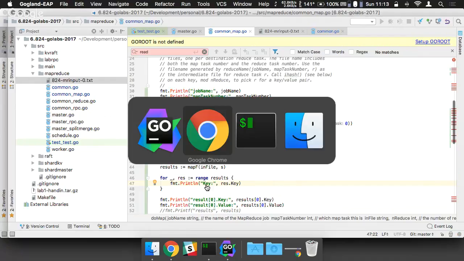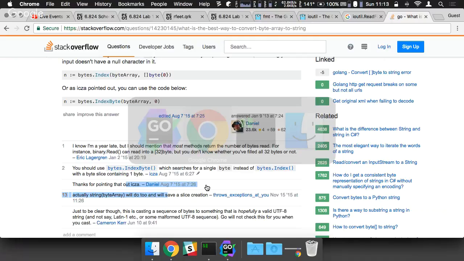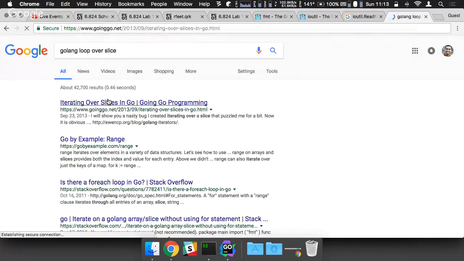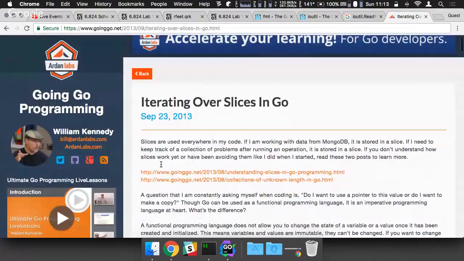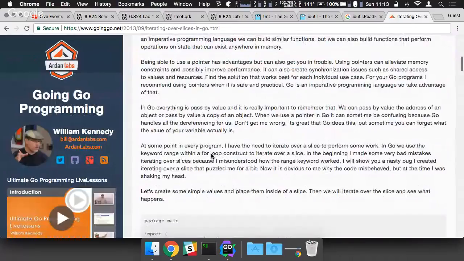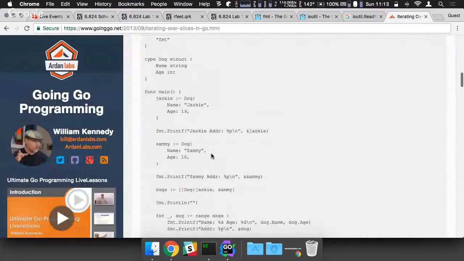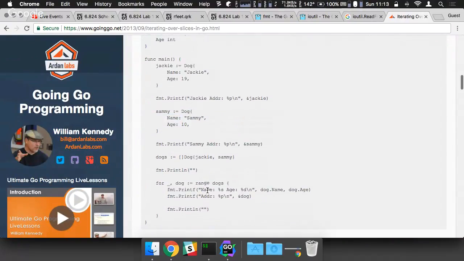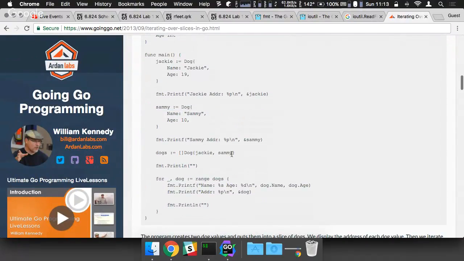Maybe we can Google Golang loop over slice. Iterating over slices. Slices are used everywhere, good to know. So this looks kind of like our key value struct. Oh, I see. So a slice is a way to describe an array of things. So this is an array of dogs. So the key here looks to be